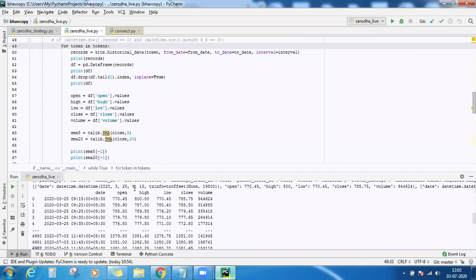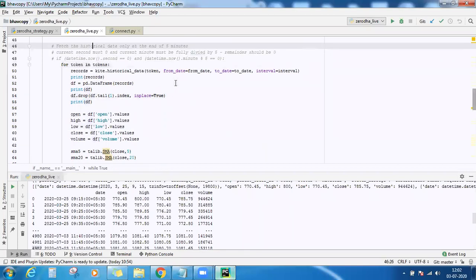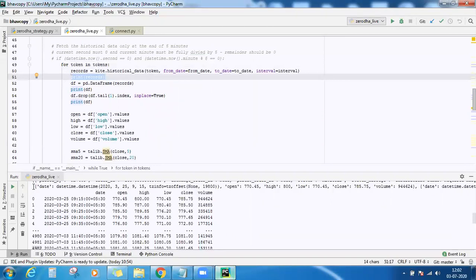From here the things start. All the historical data is returned to you in this format, list of dictionaries. So this records which we are printing is in the format of list of records, list of dictionaries. So that list of dictionaries, I'm converting it into a data frame, and this is the data frame.